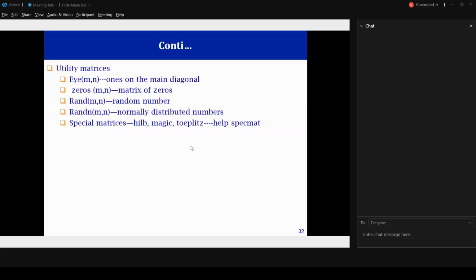For example, if we wanted to create a matrix of 1000 by 1000 elements and we don't want to enter the 1000 by 1000 elements, but our need is that one should be at the diagonal and the rest is 0, we can create it directly by the command eye.